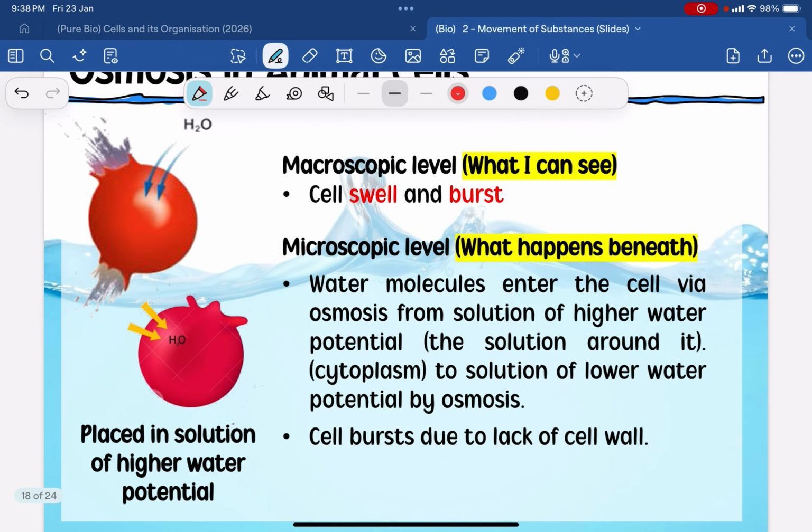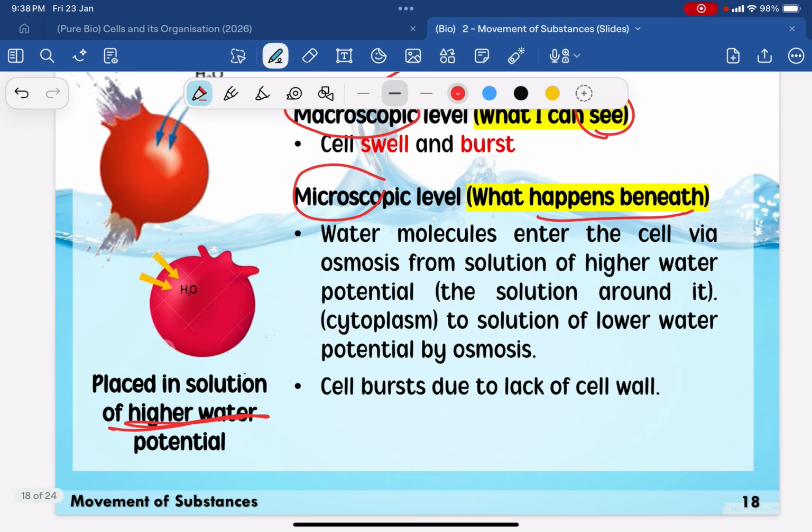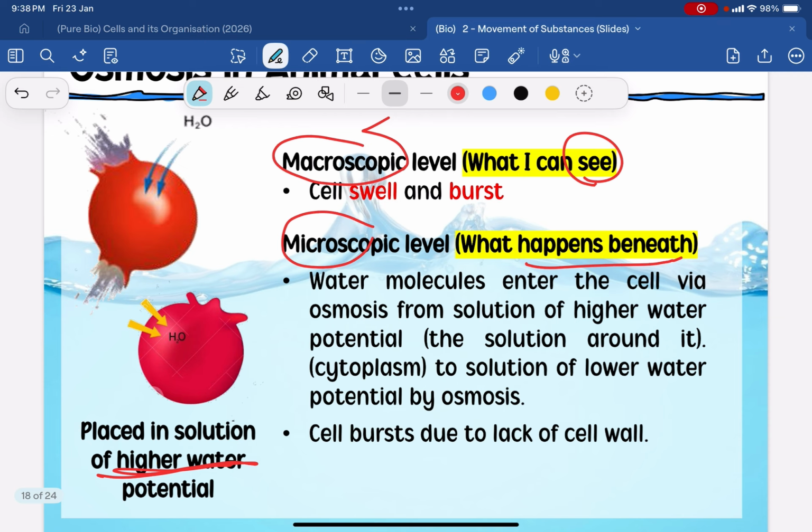For the microscopic level, if I mention the word microscopic, it will be something that happens beneath, not something which you can see. Dividing it into two will let you see what happens exactly when this animal cell is placed in a solution of higher water potential. When they say higher, it means that the animal cell has a lower water potential. Hence, the water molecules will enter the cell from the solution of higher water potential to the solution of lower water potential. The solution of lower potential is the cytoplasm